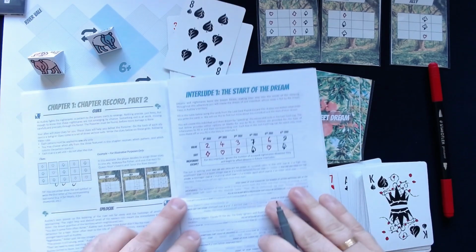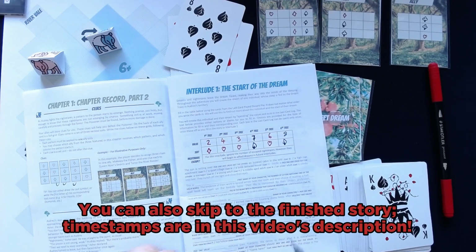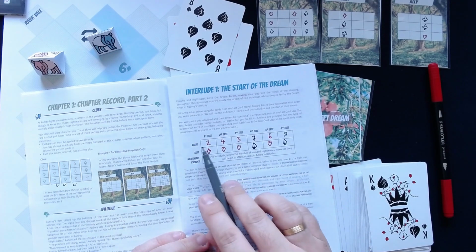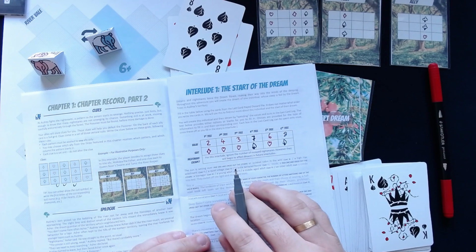Okay, and now we will do our dream here. Okay, let's see. This is first name of your character. The number of letters needs to be equal to one of these boxes here. So let's call him...